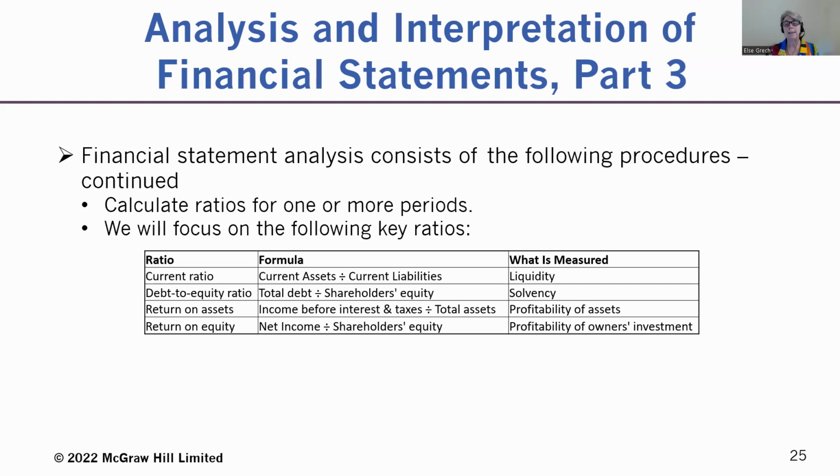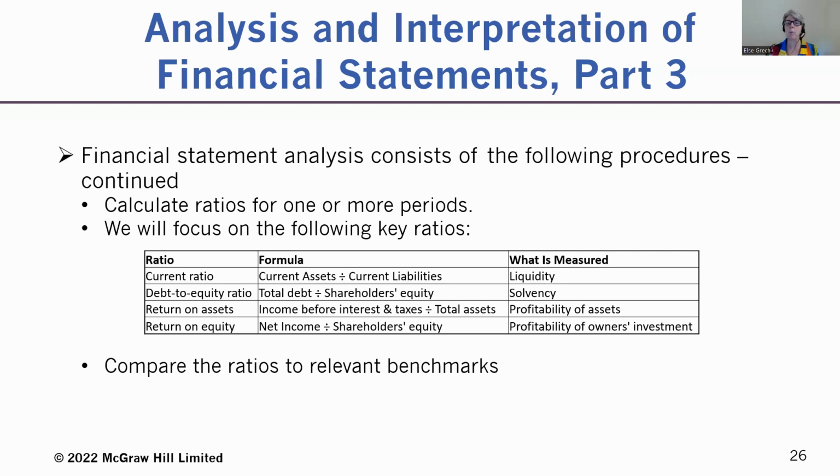In order to properly assess these ratios, we then have to compare the ratio to a benchmark, which would include things like ratios from prior periods in the same company, ratios from a competitor, ratios from the best company in the industry, or ratios compared to industry averages. Because if they have industry averages for these ratios, we want to compare the company we're thinking of investing in to the industry averages, or we might compare it to a rule of thumb. So we know, in this industry, generally the debt to equity ratio has to be 1-to-1 or 0.75-to-1 or whatever it is, right?